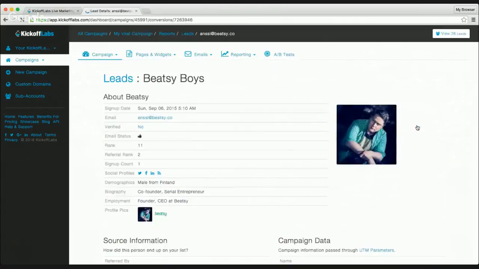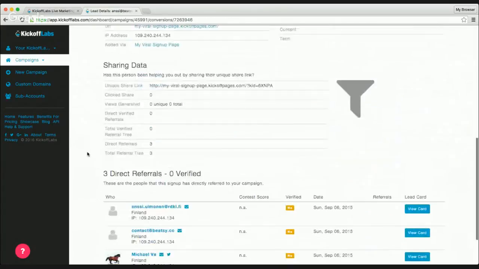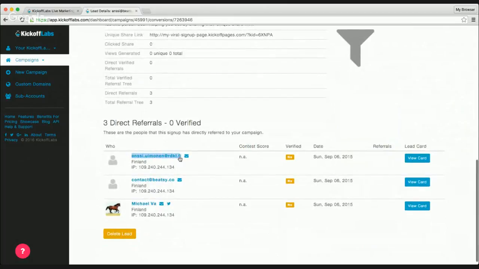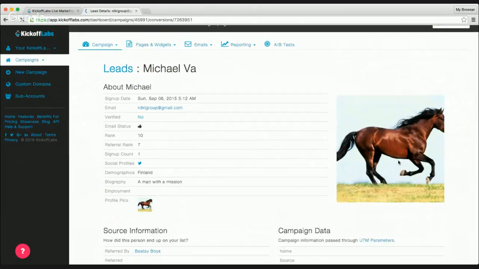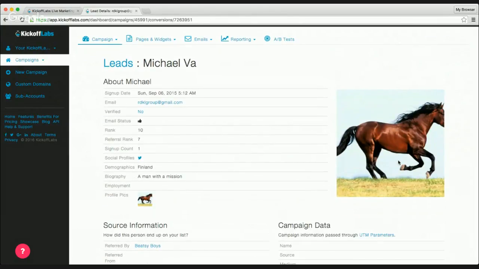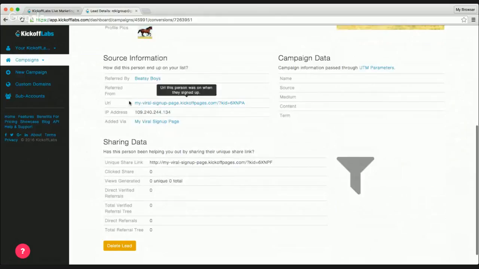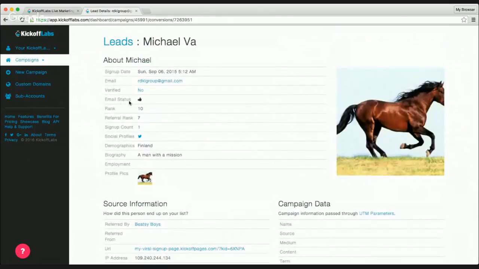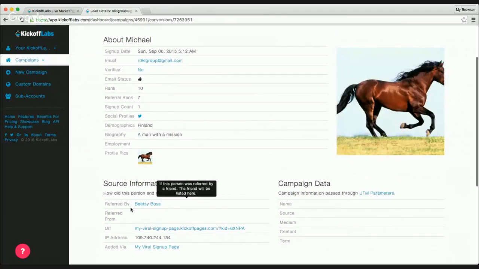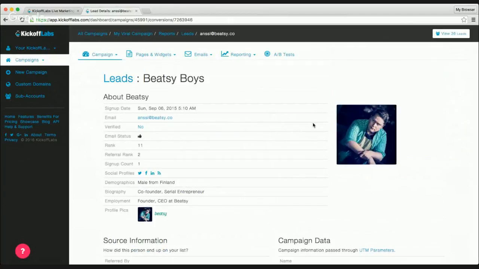But if I wanted to trace exactly who that person has referred, you saw that I clicked into his lead card. So I'll click View Card, and I scroll down and I see that, okay, he referred Ansi, and he referred the contact at Beatsy, and he referred Michael Vall. So that's basically how I could see that. I can also export my leads at any time, and I'll see a spreadsheet with all that information, a whole bunch of additional information too. You could see into this guy who was referred by Beatsy Boys, and it'll say that here within the card. Oh, referred by Beatsy Boys, and I could see his card, and I'll see who referred who. So it's very easy to see that, and they can see this information too.